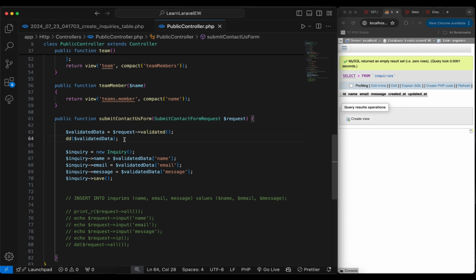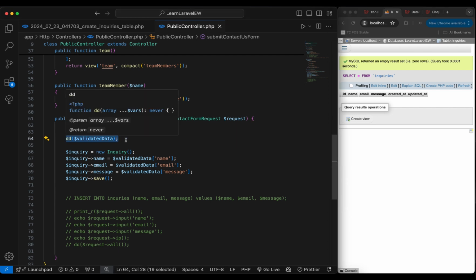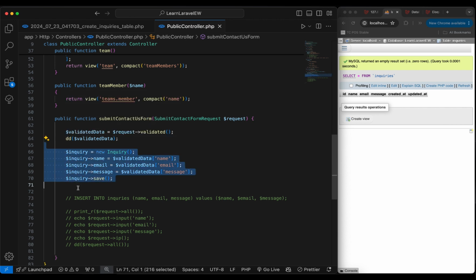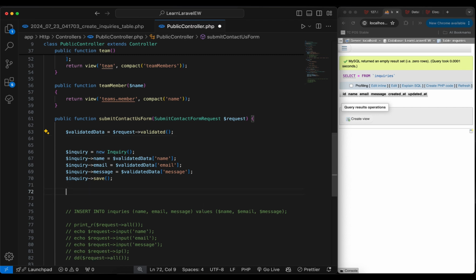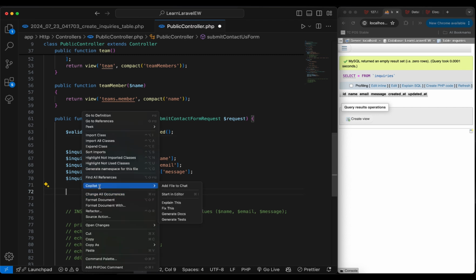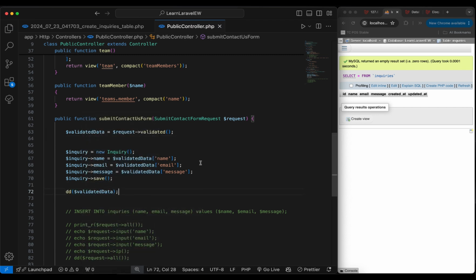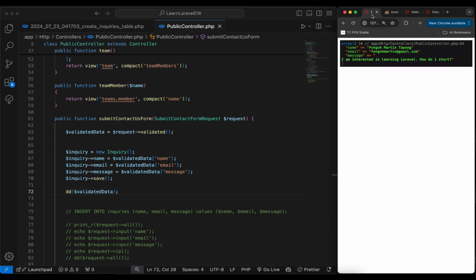So the reason why nothing is happening is this DD stops execution at this point, right? So anything after this is not going to be executed. Sorry about that. So we're going to cut this DD and take it down here, after this, and then paste it here. So if we save this and come back and refresh our page,